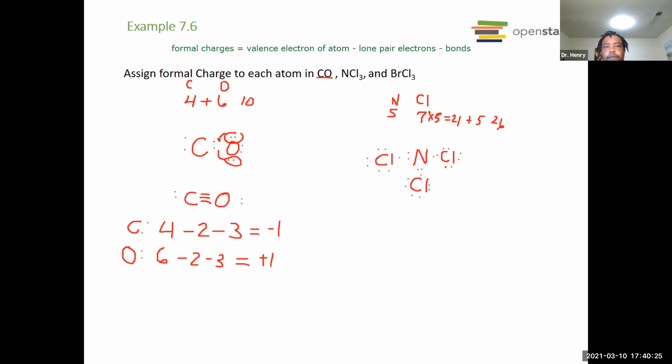Okay, so we want to set it up so they all have 8 around them. So we're going to go ahead and move this guy up here and this guy up here. So we're going to end up with